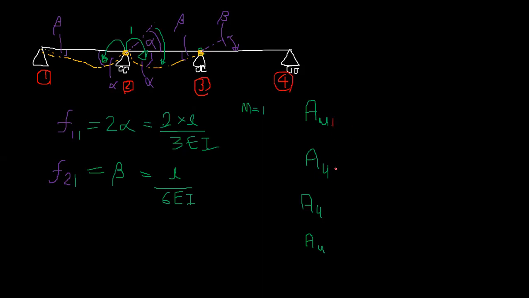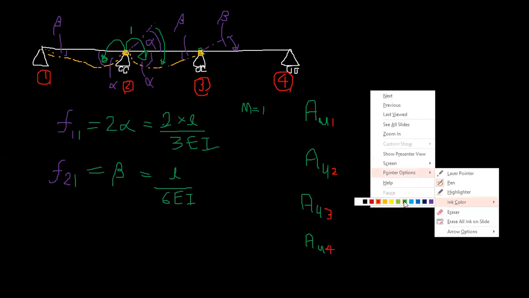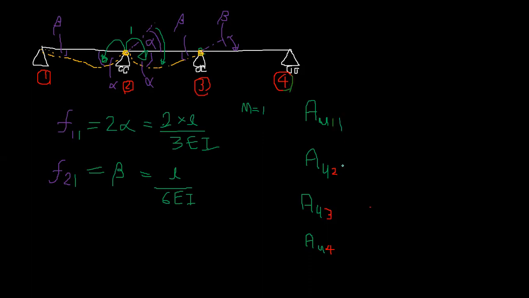Action at first coordinate, second coordinate, third coordinate, action unit, fourth coordinate, due to the unit redundant at first coordinate, is equal to,